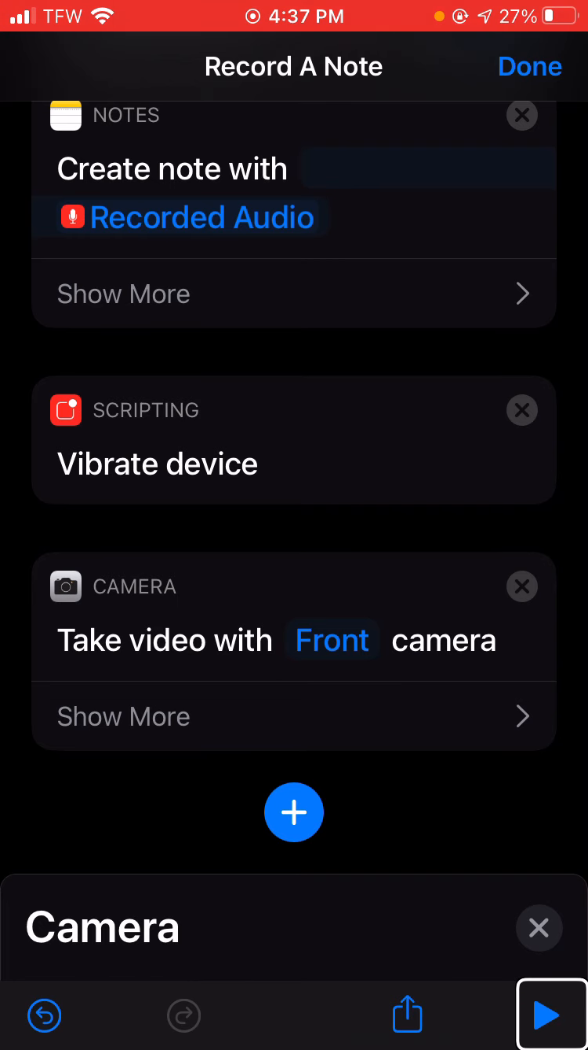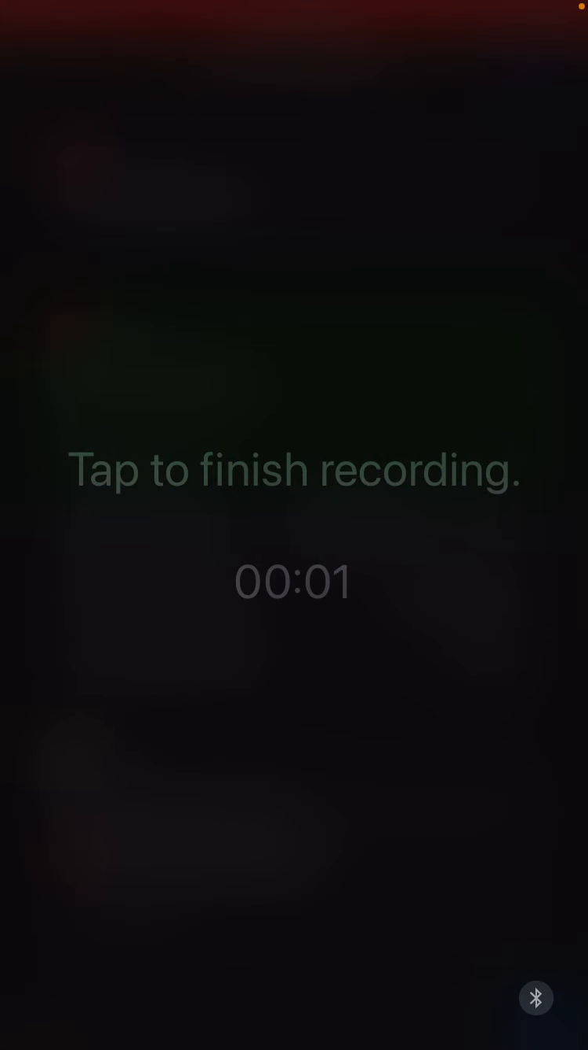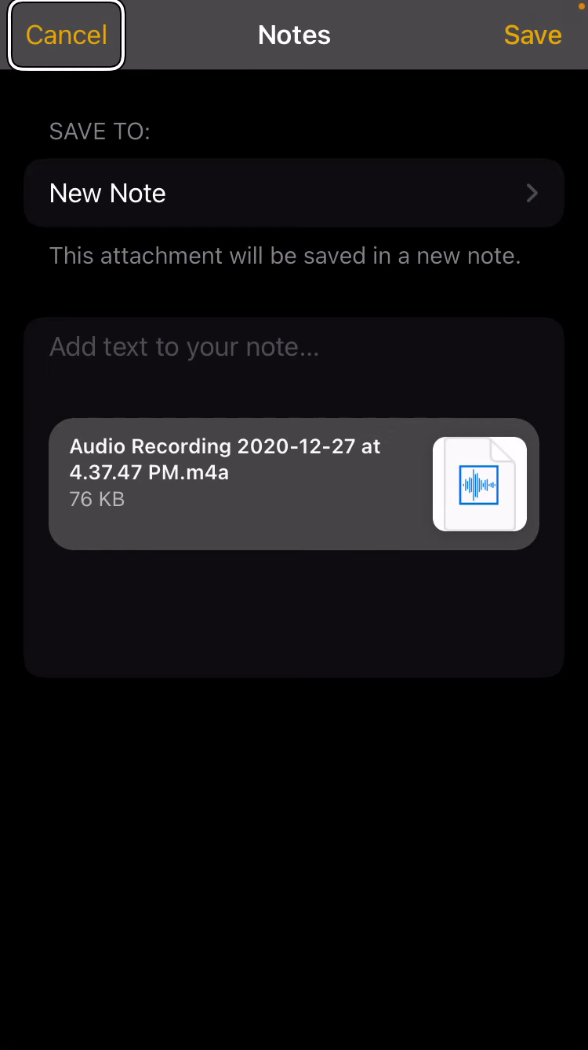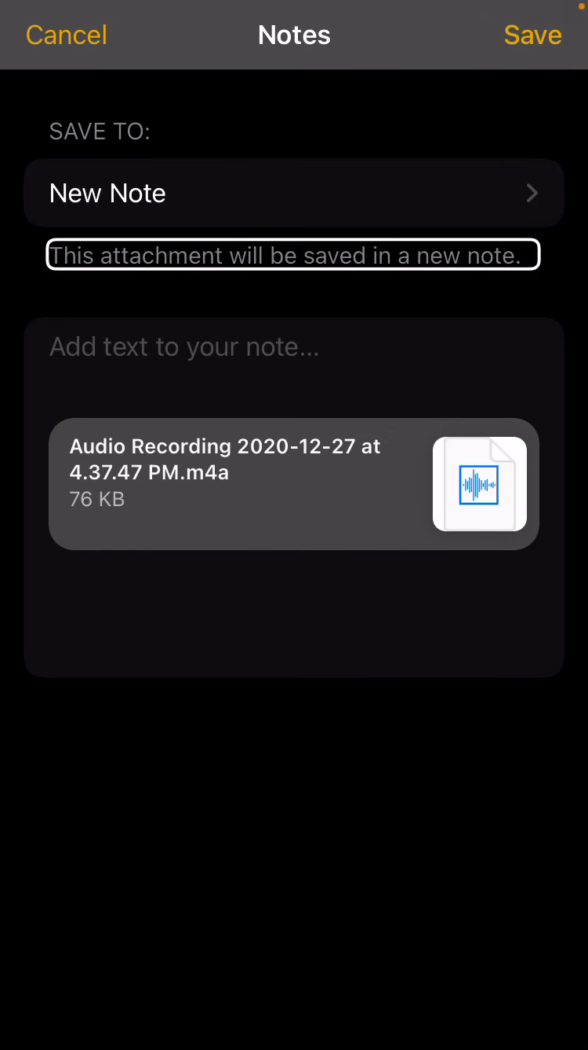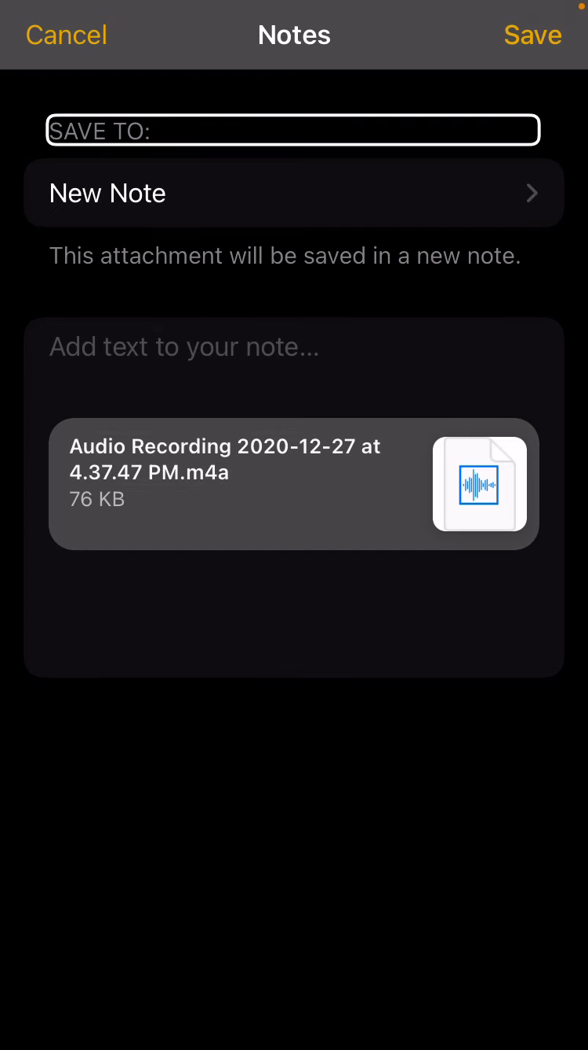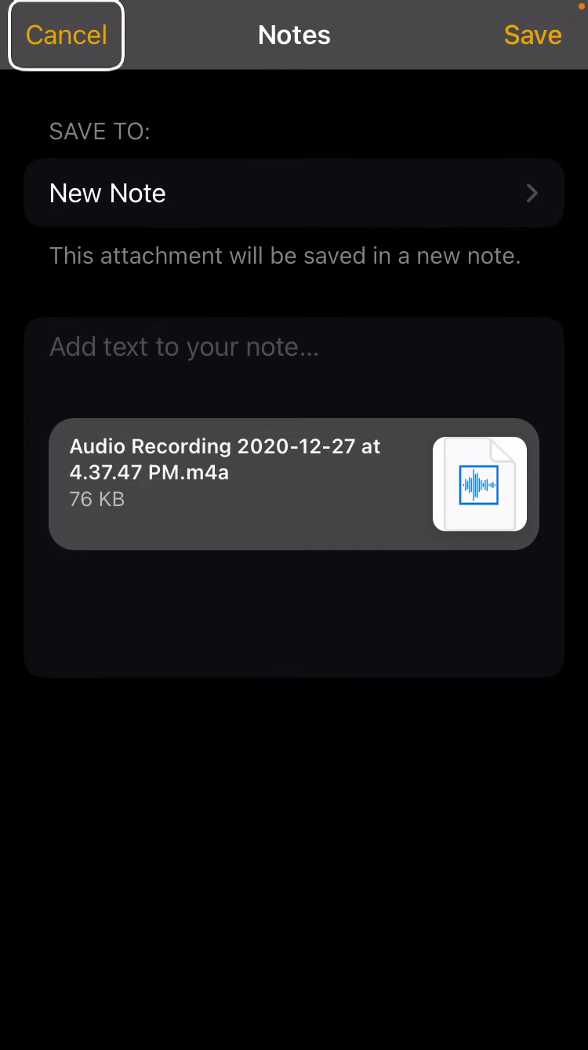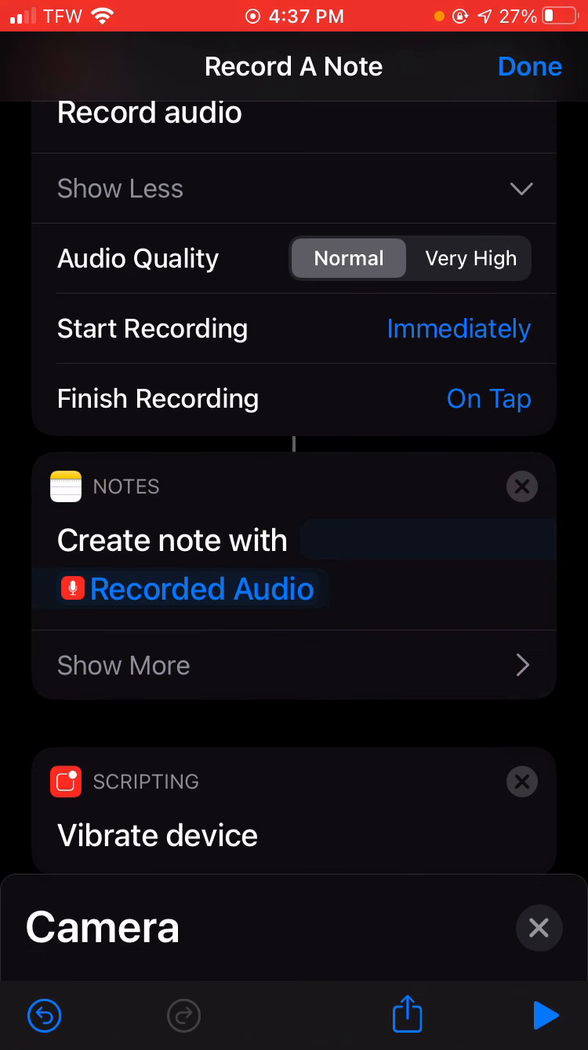Let's run the shortcut. Tap to finish recording. Cancel. Save to new. This attachment will add text to your audio recording. I know what it is. Save to notes. Cancel out. Shortcut stopped. We have